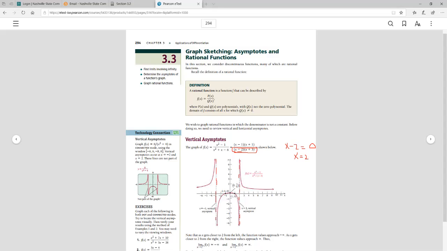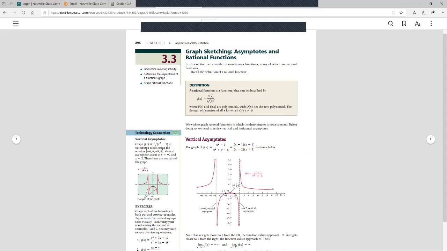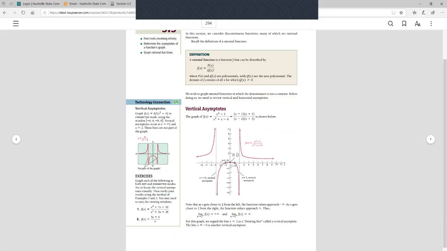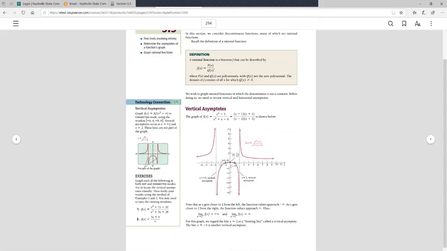Notice that the graph does not cross those vertical asymptotes. In fact, the function will get closer and closer to each one, but will never actually touch because those are blocked out as undefined x values. If we look at the commentary below the graph,